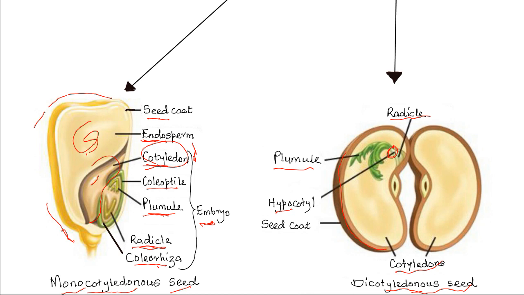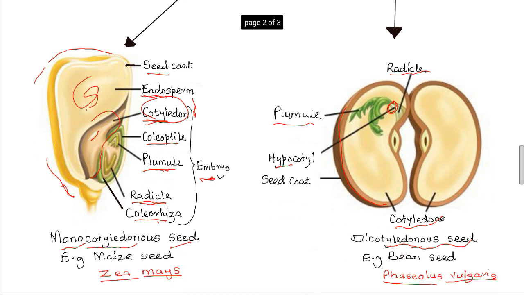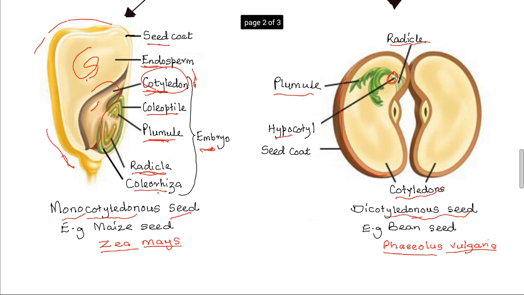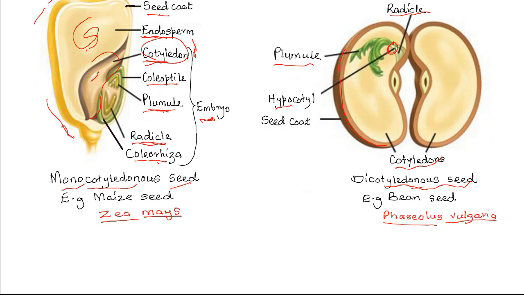Now, there are two categories of seeds also. Apart from the number of cotyledons present, there are some seeds that at maturity have an endosperm that is present. These are known as the endospermic seeds, like the maize. The maize is endospermic because the endosperm remains and forms the main food storage structure. In other seeds, such as the common bean,